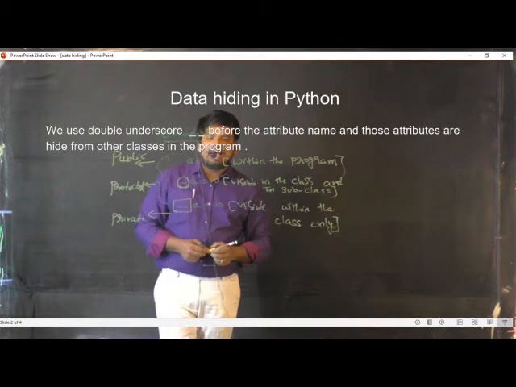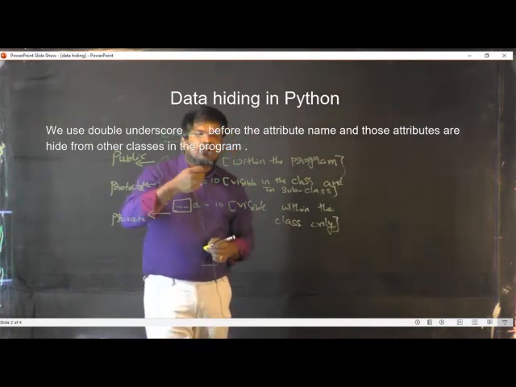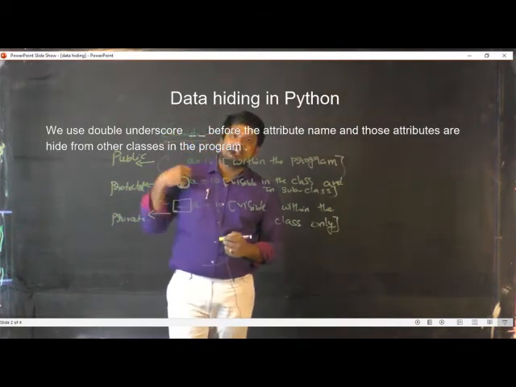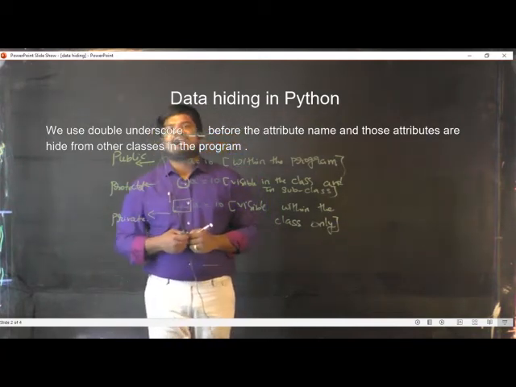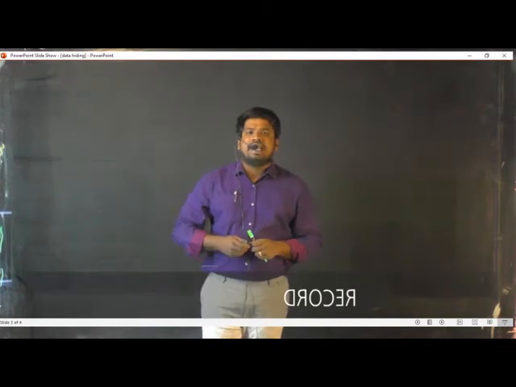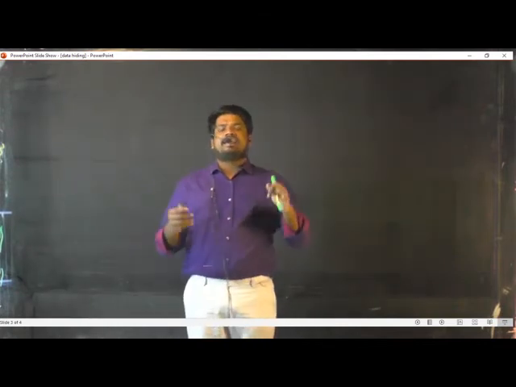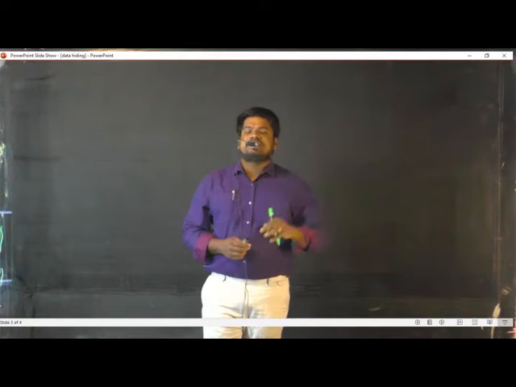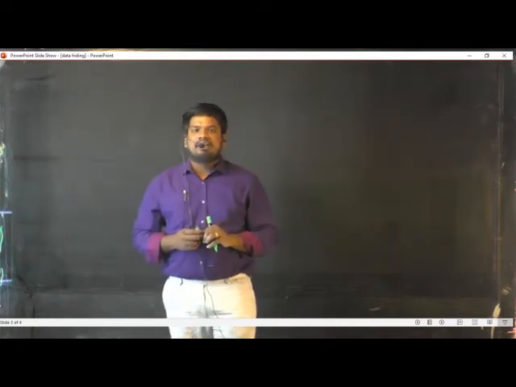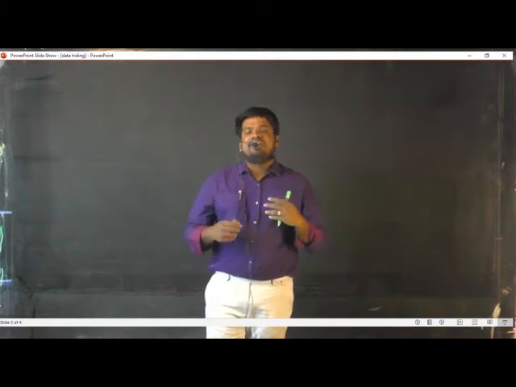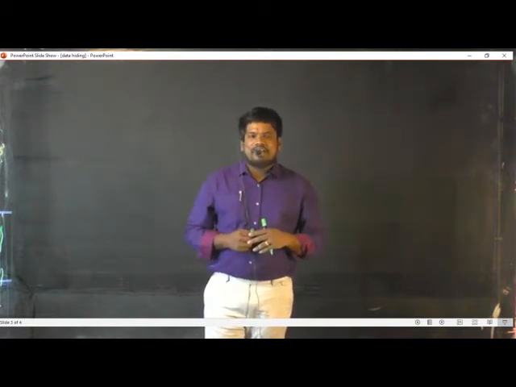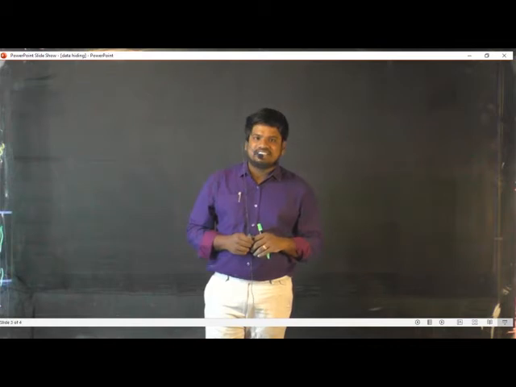So now we will work out a small example. I'll write a small program, and there you will understand how the public, protected and private keywords are going to work. In the example, I'll take three attributes. The first identifier would be of public type, the second of protected type, and the third of private type. We will understand how they work when I work with inheritance, and the type of inheritance I'm taking here is single inheritance.